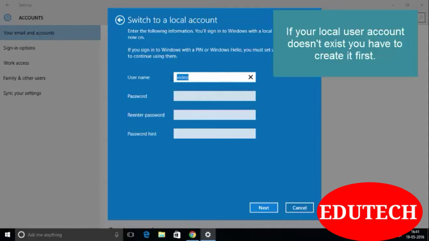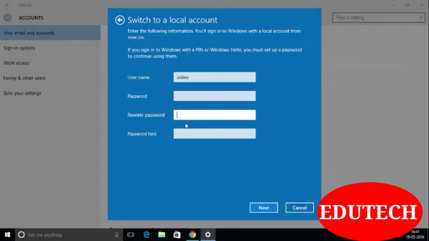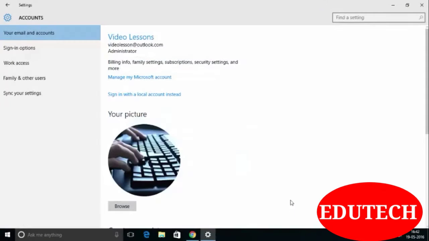So specify a username, specify your password, re-enter your password, give a password hint and click on this Next button. It will create a new local account. After that you will no longer need to log into your online Microsoft account. You can log in with your local account.